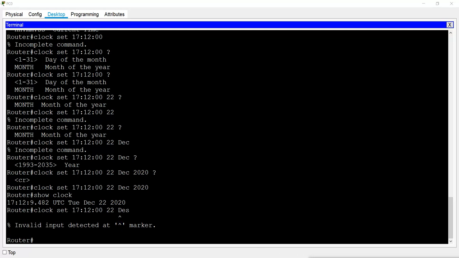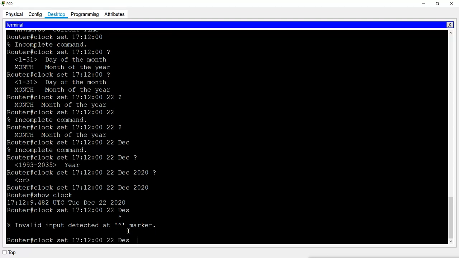That marker indicates where you have made the mistake in the command. Now it is just here, you can see here is the mistake. So it is not getting this option, and it is indicating by this marker here. It is just here, but it could be anywhere in the command.